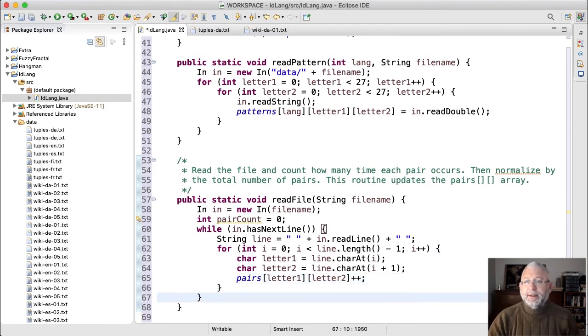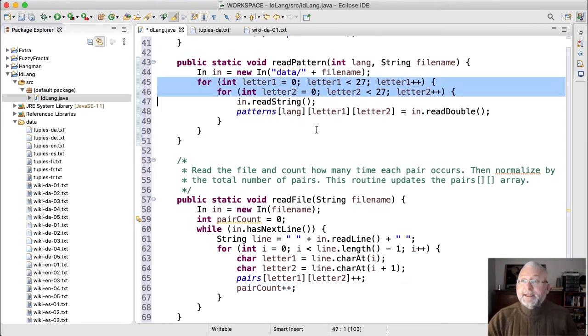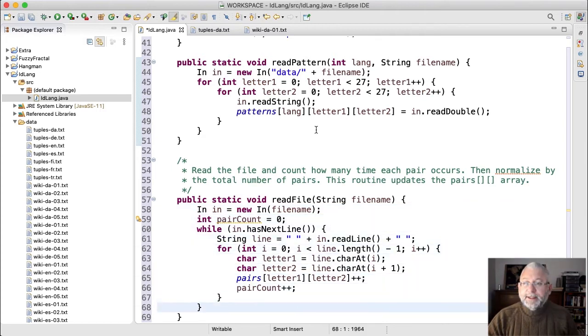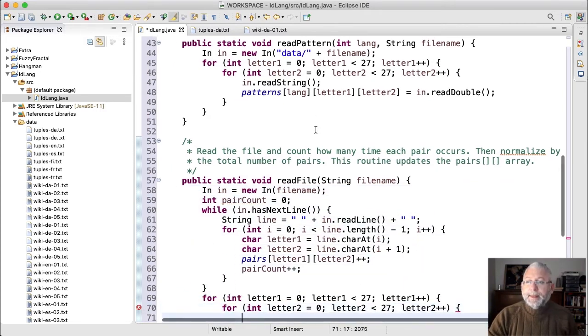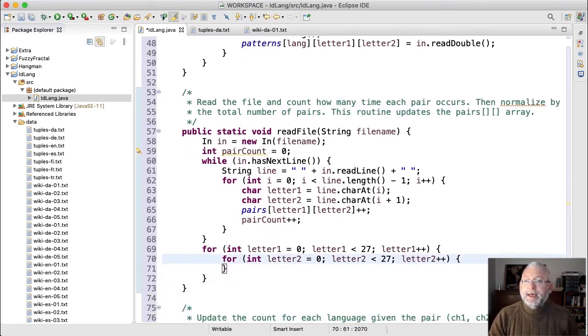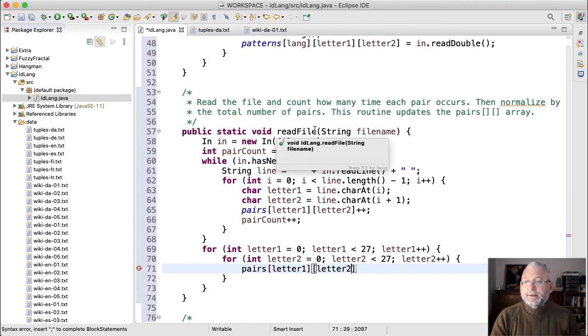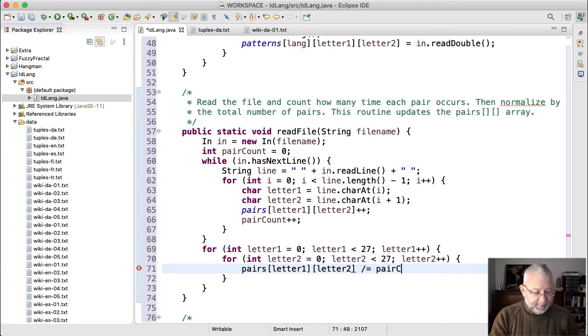Add 1 to that. Okay, and right at the end, oh, and I've got to add 1 to the pair count, because right at the end I've got to divide by the pair count, so it better not be 0. And I'm just going to divide all the letters in pairs. So I'm just going to copy the while loop from up here, copy it, bring it down here. Oh, one too many. There we go. And I'm going to say pairs, letter 1, letter 2,